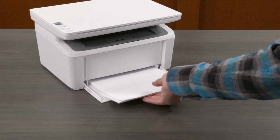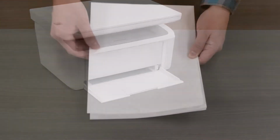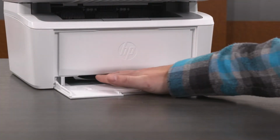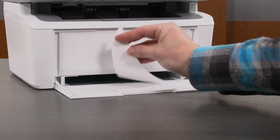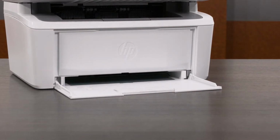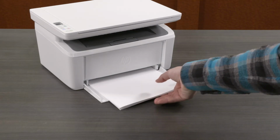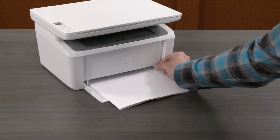Remove the paper from the input tray and inspect the stack. Remove any bent, wrinkled, or torn paper in the stack. Check for and remove any obstructions inside the paper tray. Make sure nothing is blocking the paper from going through the rollers. Load the stack of paper into the paper tray and slide the paper width guides until they rest against the